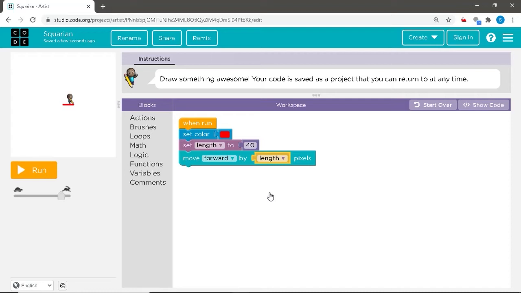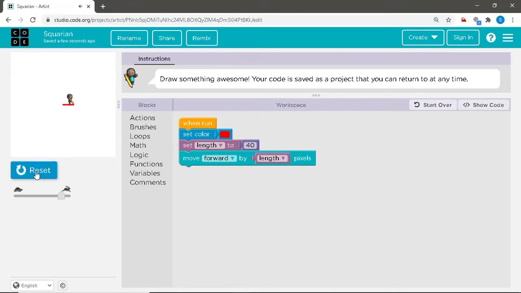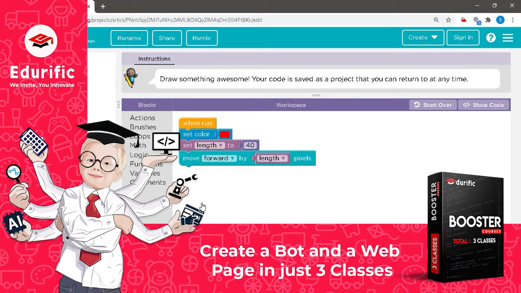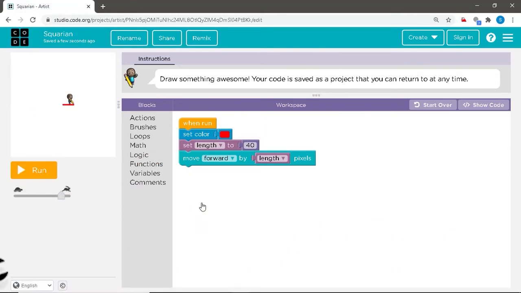Alright, so as you can see, when we run the code, our artist moves 40 units forward because that is the length of the side of the square. So our first side is created. Now what do we do? We shall be creating the next side. How do we do this? Yes, similar to the previous video in creating a square, we shall be following the same step, but there will be a little change. So now we shall again go to the actions category